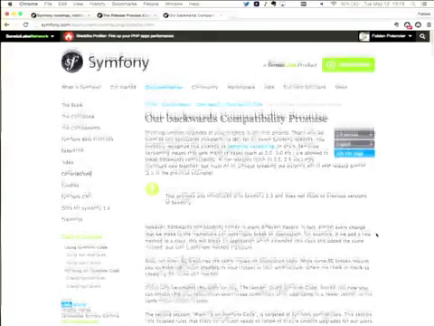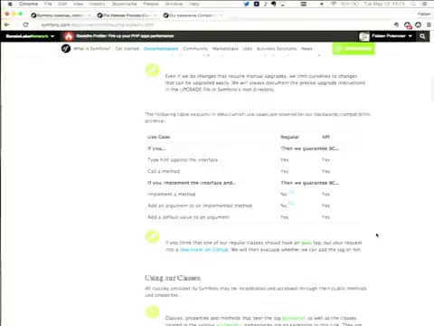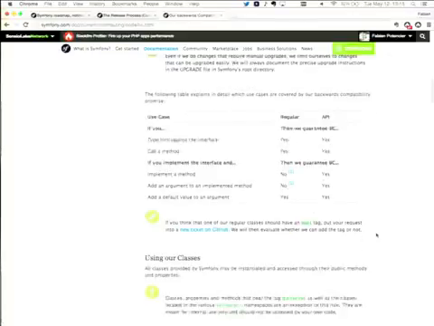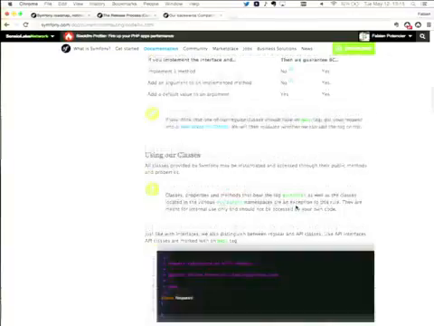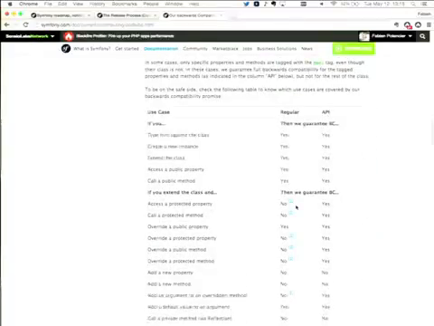It's very detailed, so I'm not going to talk about everything here, but you can see all the use cases for classes, methods, interfaces, and so on. We tell you what we can do with regular methods or API ones. I'm going to talk about the API later on.